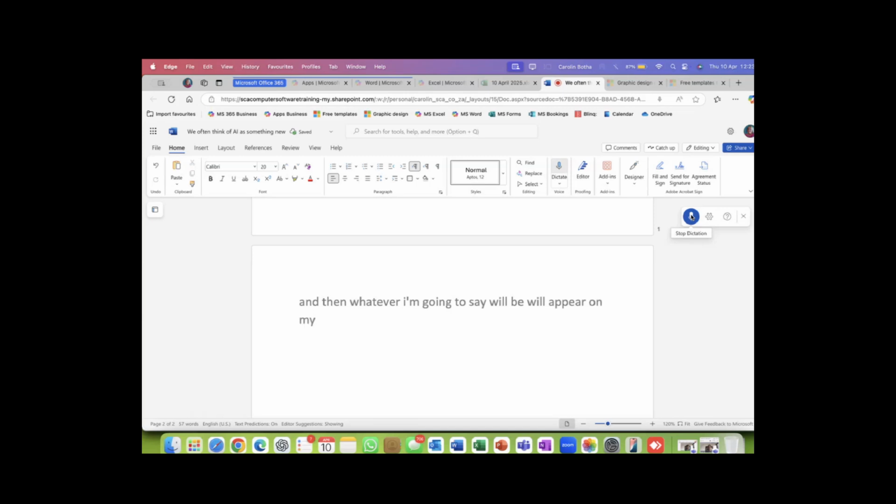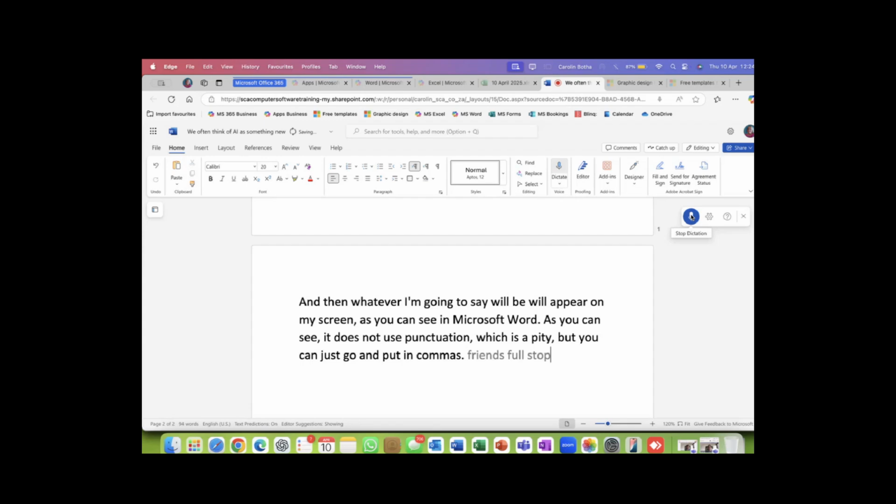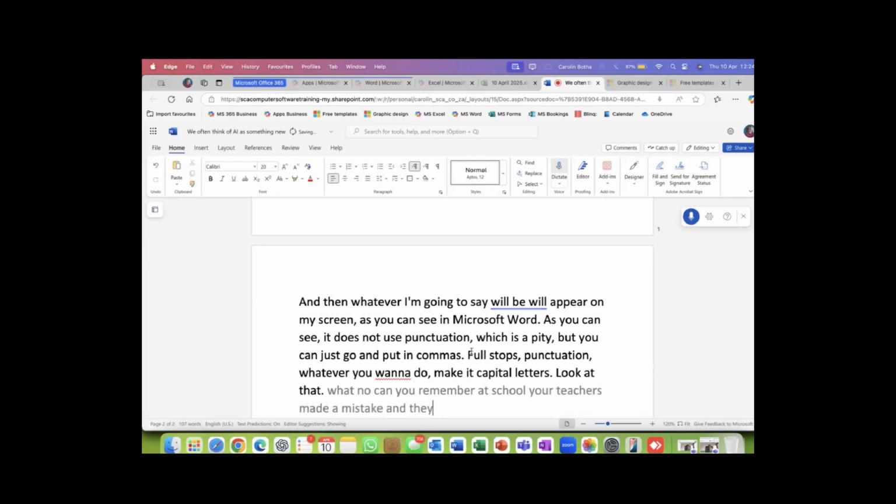As you can see in Microsoft Word, it does not use punctuation, which is a pity, but you can just go and put in commas and full stops, punctuation, whatever you want to do, make it capital letters. Look at that. What? No. Can you remember at school, your teachers made a mistake and then they said, oh, I did that on purpose.